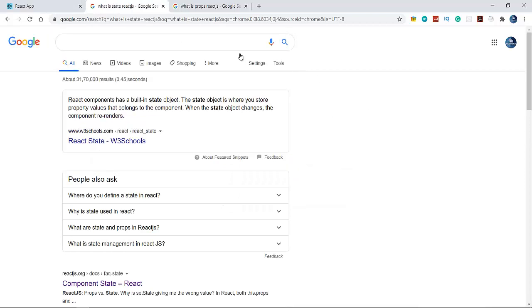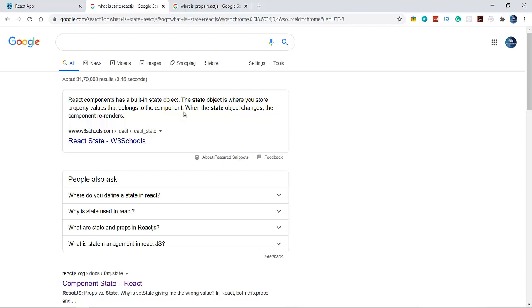A React component has a built-in state object. The state object is where you store property values that belong to the component. State is an object that is already built in to a React component.